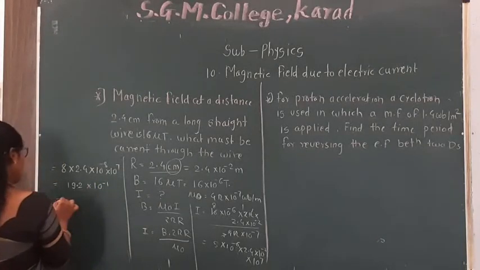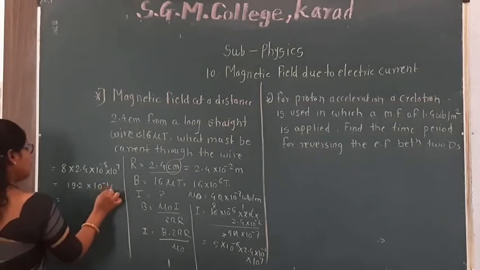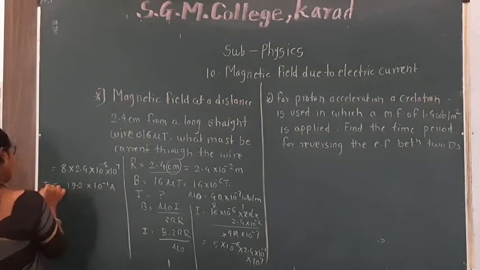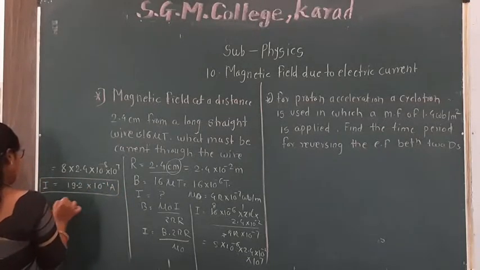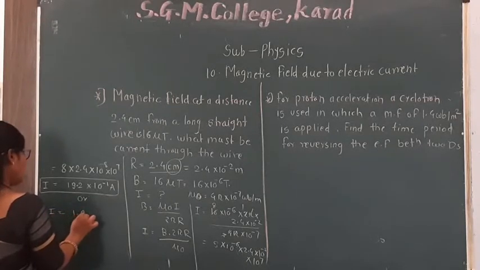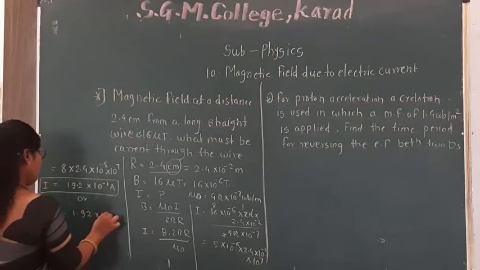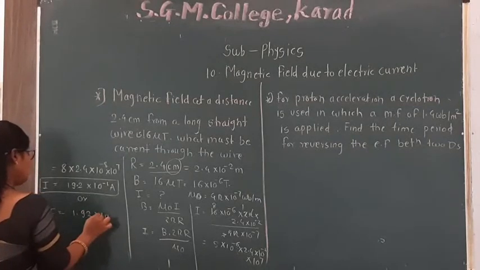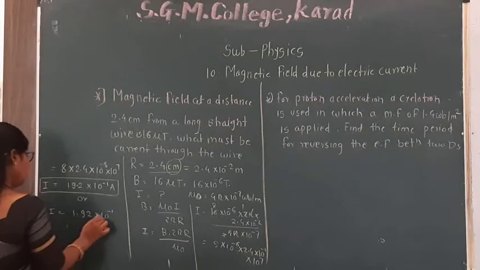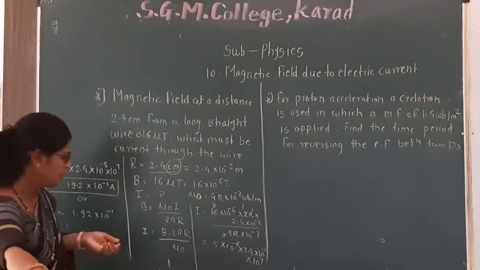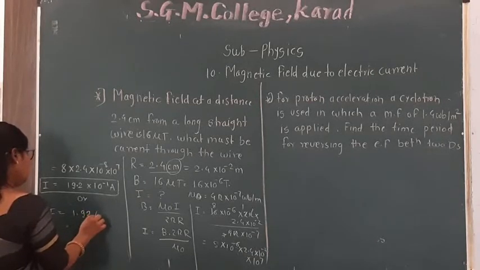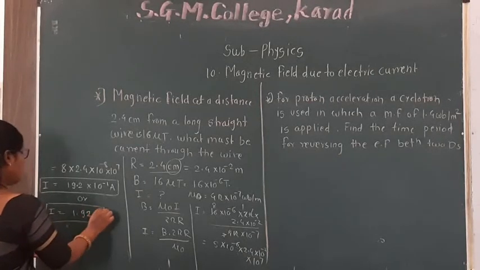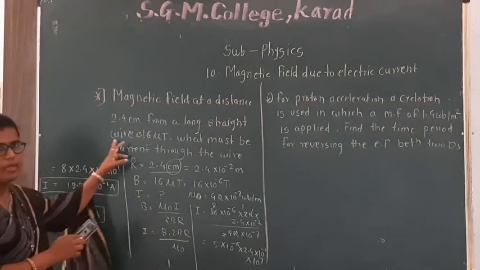That this value converts into, if there is minus 1 ampere, like this we can write here also. This also is the answer of this example, and we can write another form also. I is equal to 1.92 into 10 raised to minus 1. Sorry, instead of that, directly we can write 1.92 ampere. Both are correct answers of this example.